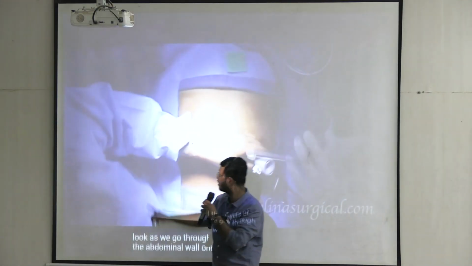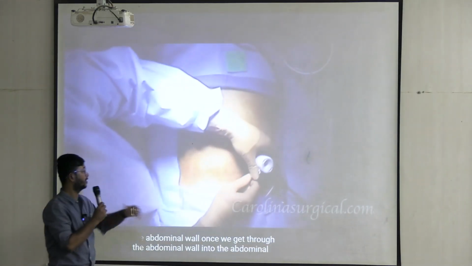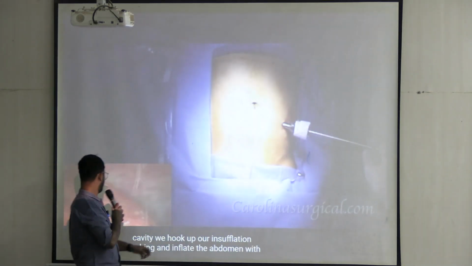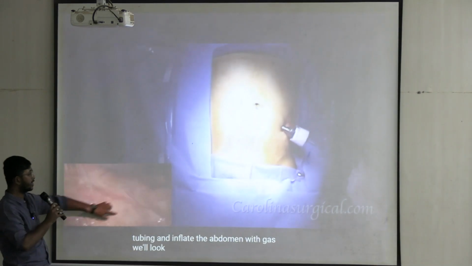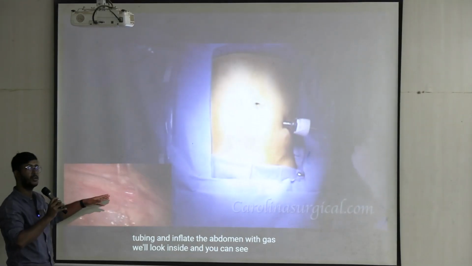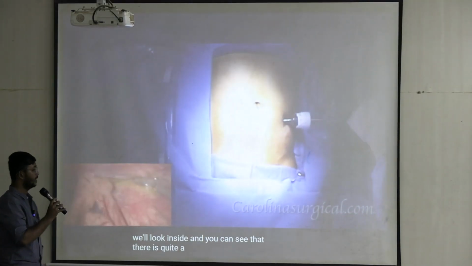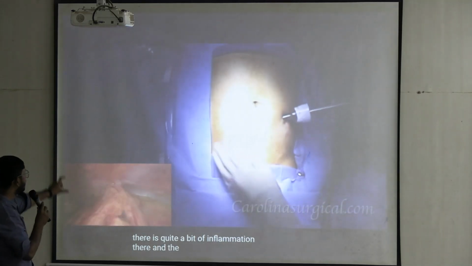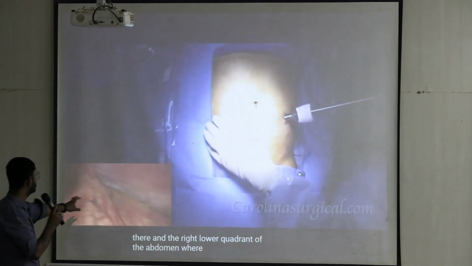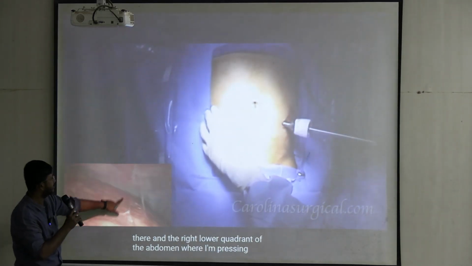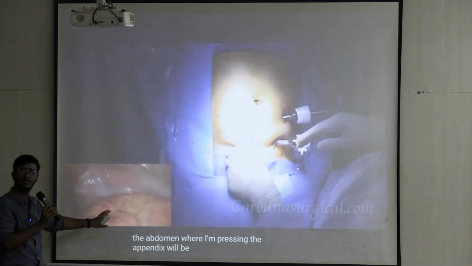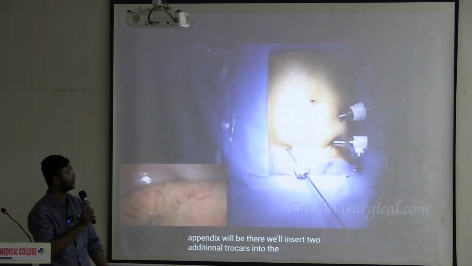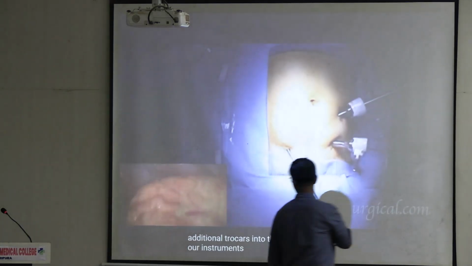In this picture, we are entering into the abdomen. So this is the hole for entering into the abdomen. And now see this video here. We have entered into the abdomen. See, inside the abdomen, we are seeing some mesoappendix structure, some adhesions. Okay, is it clear? We can see adhesions and we will be clearing the adhesions